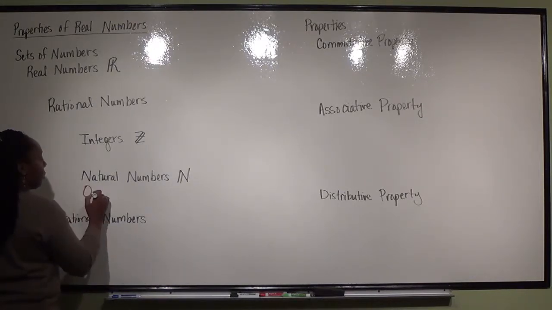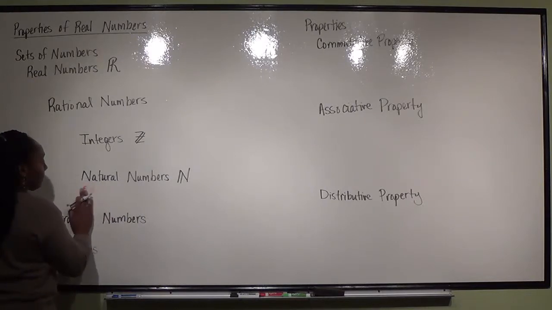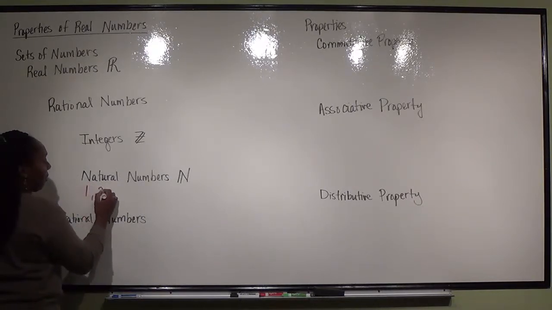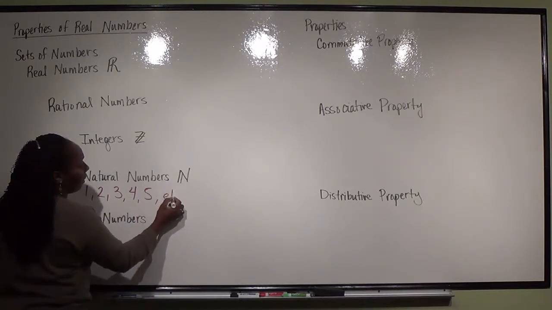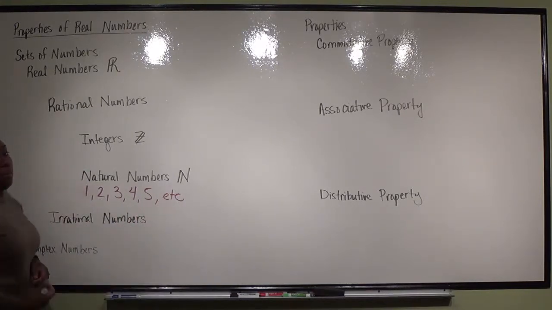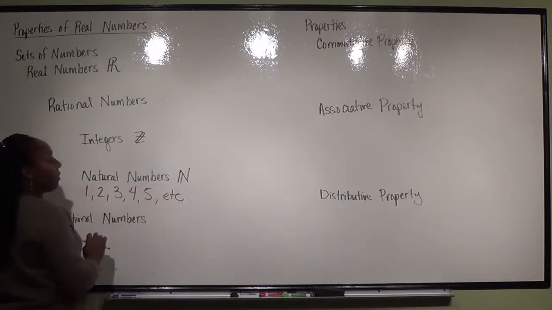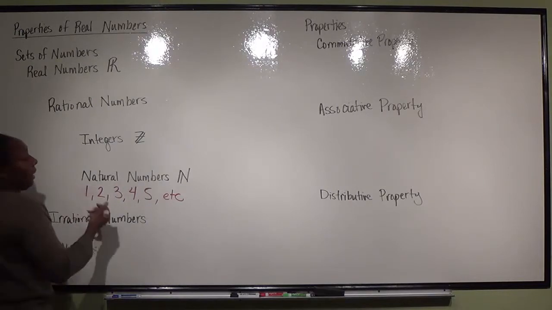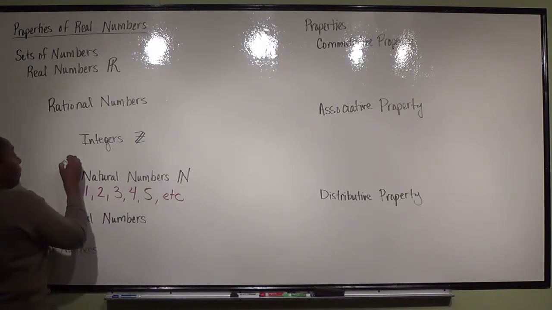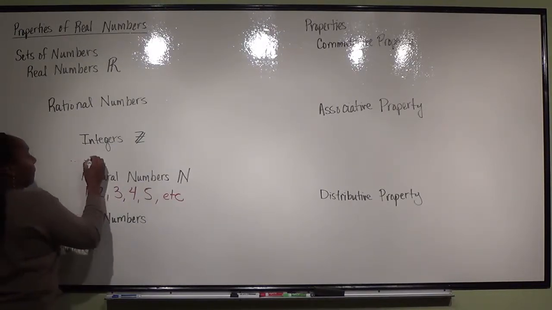The natural numbers are basically all of our counting numbers. So 1, 2, 3, 4, 5, 6, etc. All of those numbers, when we're counting things off, those would be considered our natural numbers. The integers is a set slightly larger. It includes all of the natural numbers, all of the negatives of the natural numbers, and 0. So one way we would write this